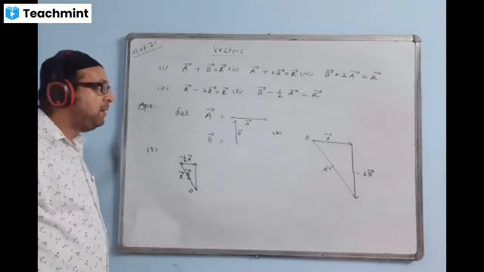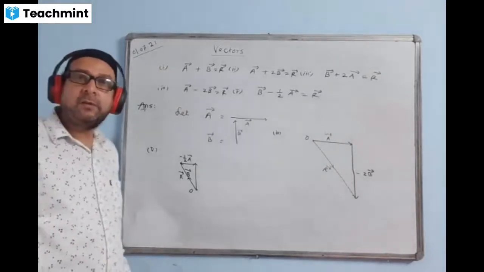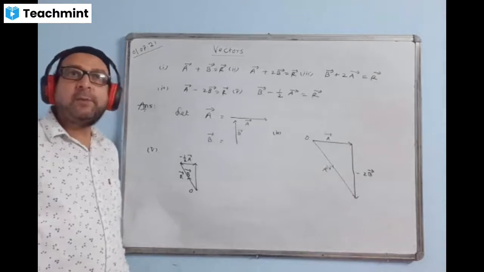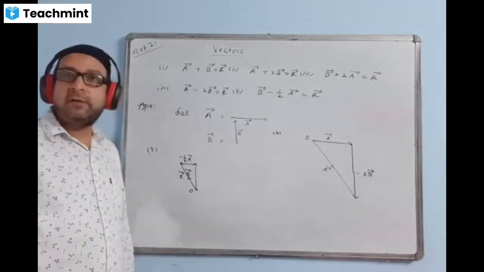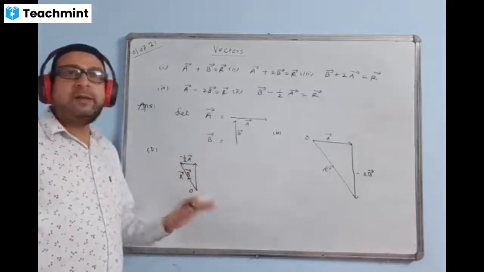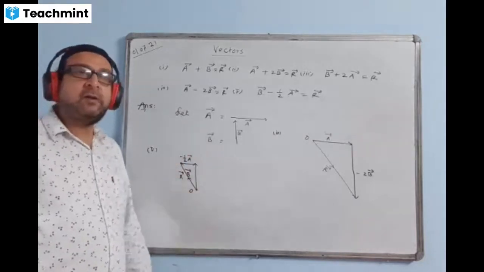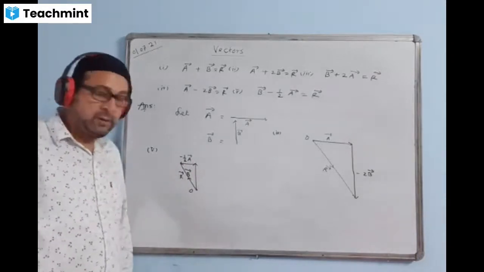Okay, understood? Tell me, sir, if you have any doubts. Minus sign means opposite in direction. From the original direction, you make it opposite and draw the diagram. We'll draw the diagram, which is the law of triangle. Just make a triangle. Only the diagram we are making, because the question is not asking to find the value of resultant and all. Okay, take one question, then we will start a new topic. Okay, right?